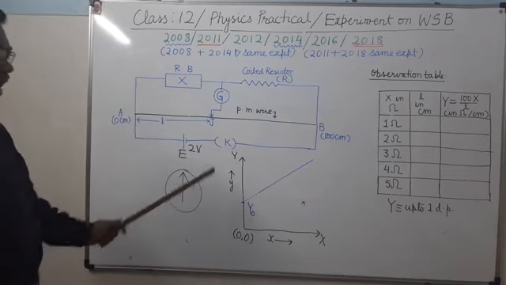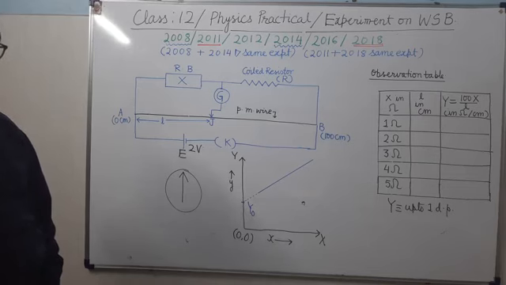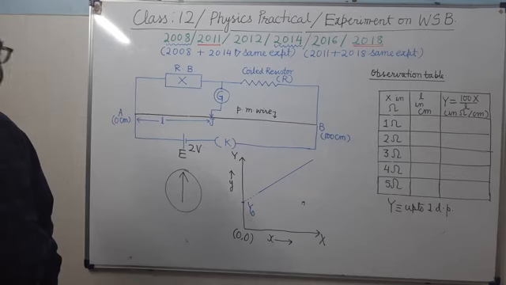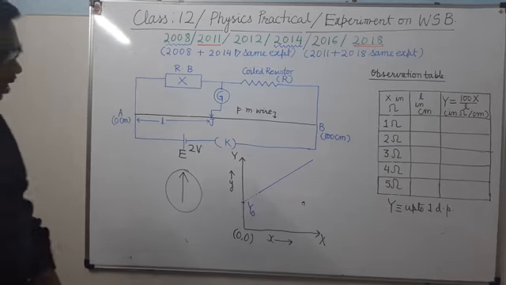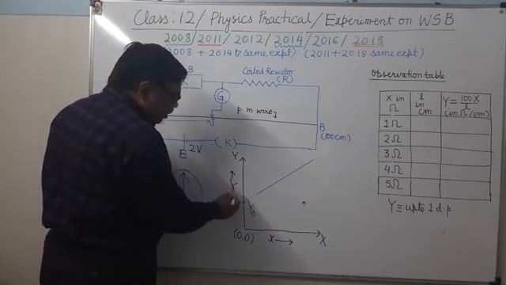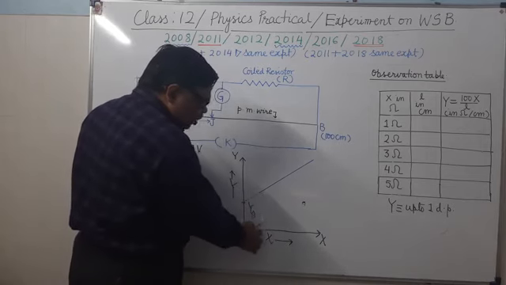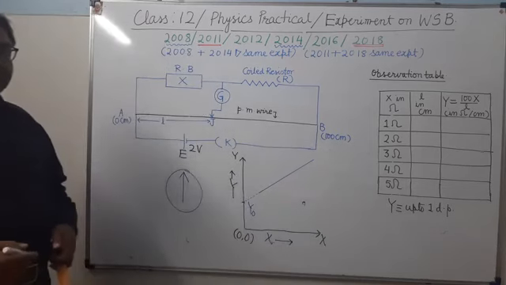Then we will plot a graph of Y versus X. And since we have to determine the intercept here, what will you do? You take the origin at 0, 0. Here there will be the values of X, that you write in capital, because in the experiment also it is written in capital. Here it is Y and this is X. So X will be 0 ohm, 1 ohm, 2 ohm, 3 ohm, 4 ohm, 5 ohm. You will plot the graph.